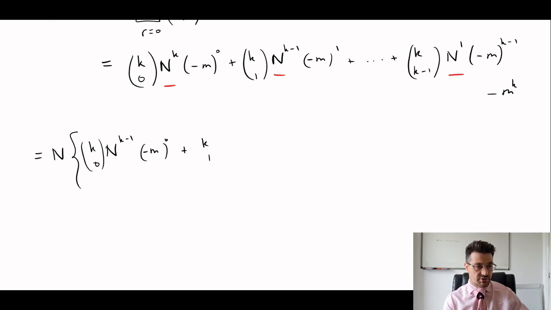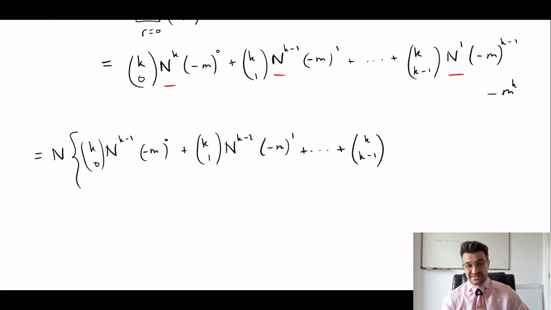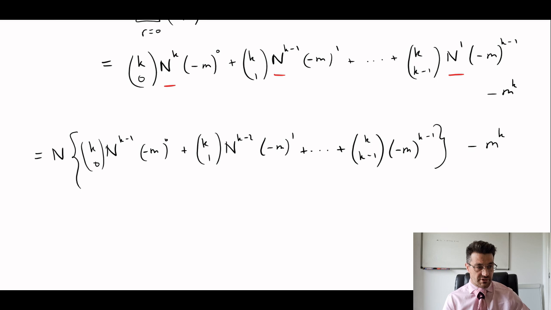Plus k choose 1, n to the power of k minus 2 minus m to the power of 1, and on up to k. So we'll get n to the power of 0 effectively, minus m to the power of k minus 1, minus m to the power of k. Okay, so therefore we conclude that n minus m to the power of k plus m to the power of k